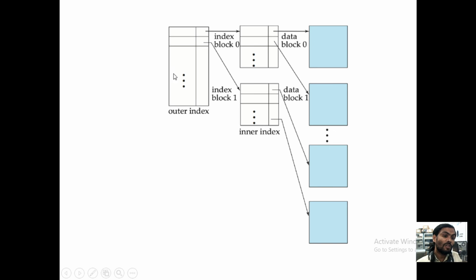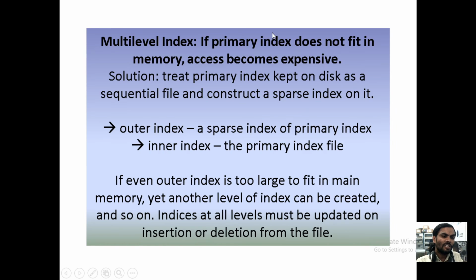With the help of the outer index, it is pointing to the inner index, and from the inner index it is again pointing to the block or bucket. If the outer index is too large to fit in main memory, another level of index can be created, and so on.